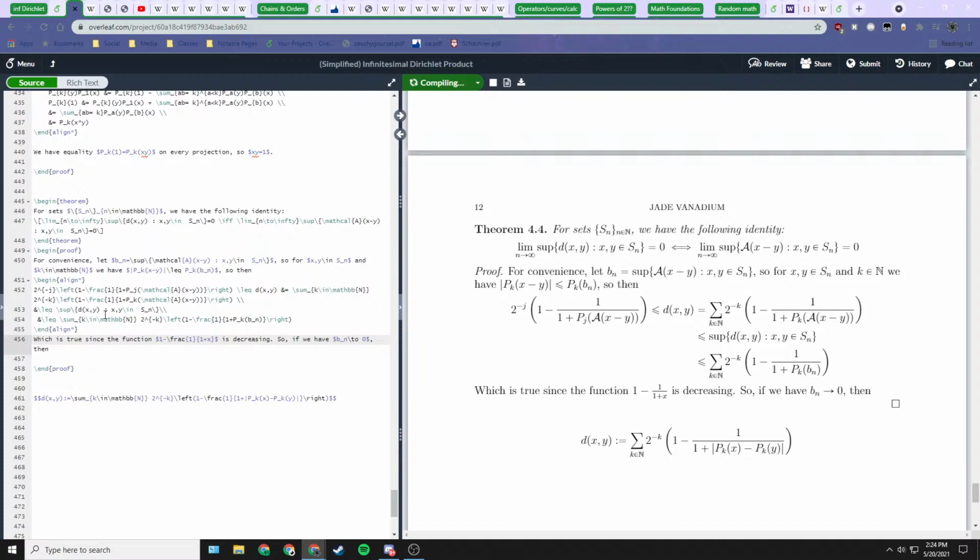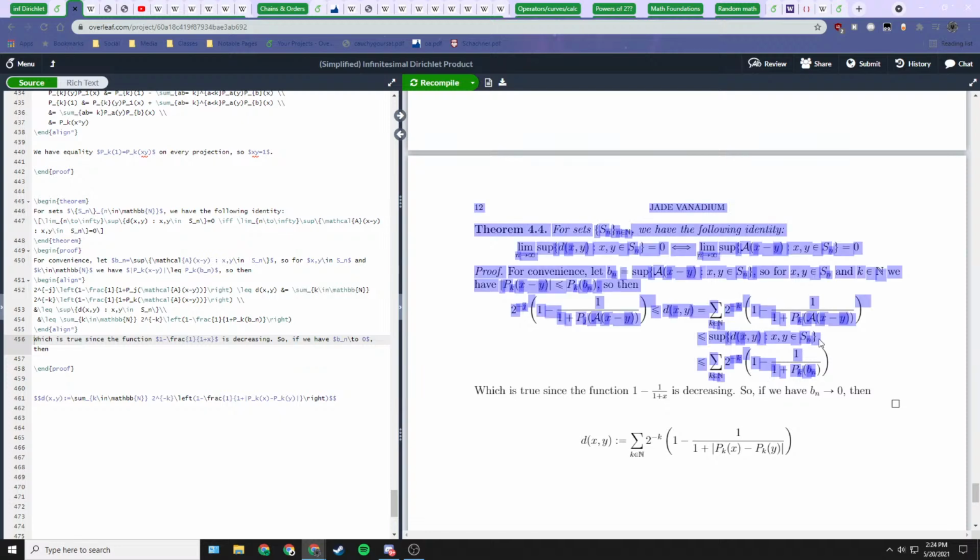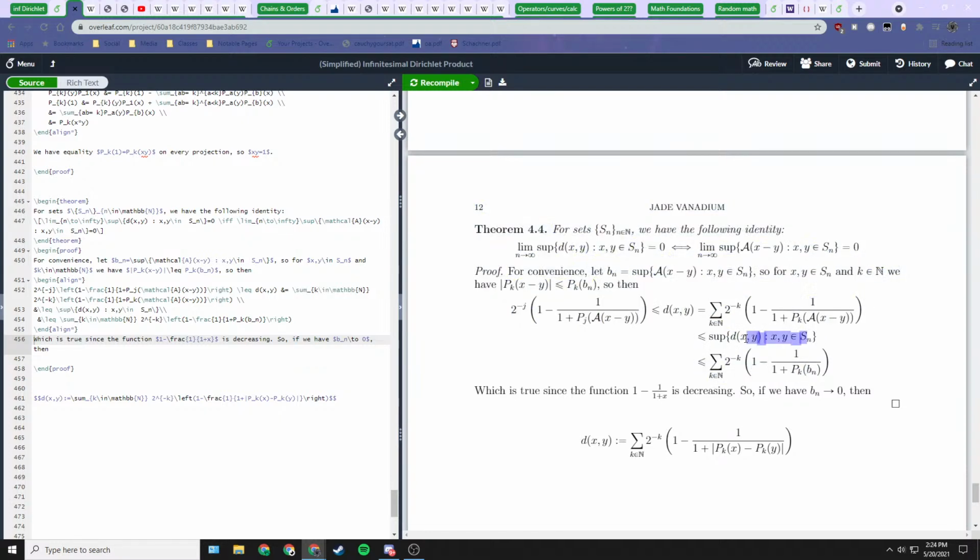Okay, yeah, so this works out. We end up with this sort of compounded inequality. We have this term here as a lower bound, and this term here as an upper bound. And trapped between them, we have this supremum of the distance function. So what we want to say is, if we have the b sub n's tending to 0, then the supremum of the distance function tends to 0. So we'll start by saying that.